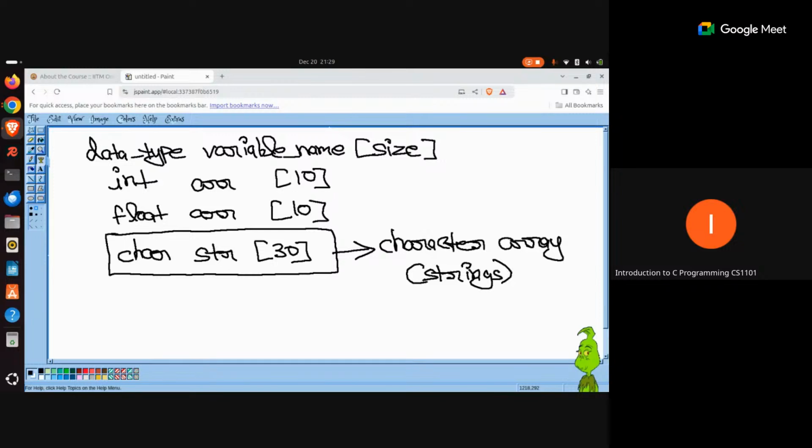Because a string is what? If you define string, then you will say it is going to be a collection of characters, right? And that is why a character array can be termed as a string value also, right? Because ultimately it is going to be having a collection of characters. And when you can create an array while working with the character type of a data type, that means you are actually working with a completely different entity, because when you are working with numbers, you are only able to work with number values. But now that you are working with characters as well, that means you can hold any value.